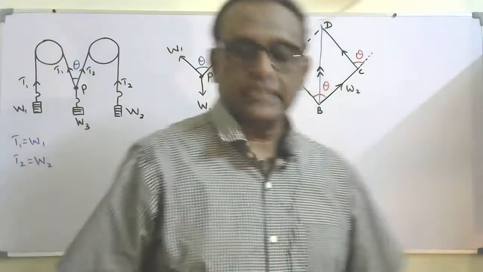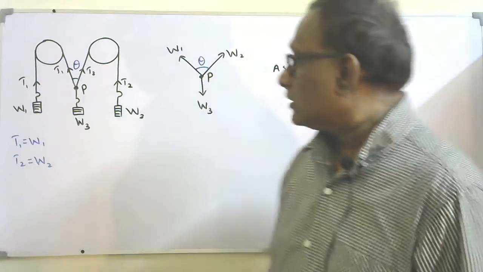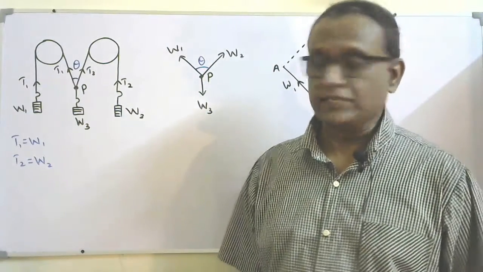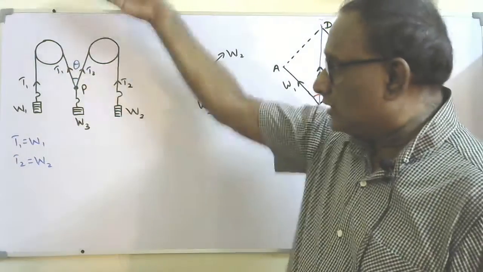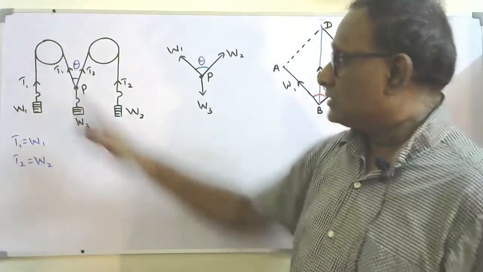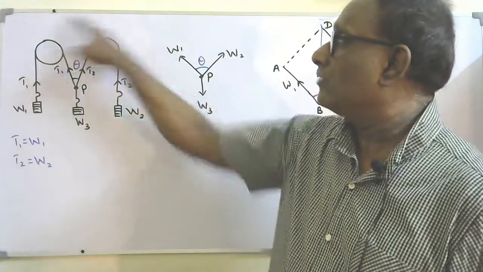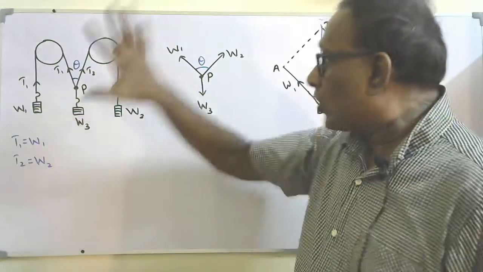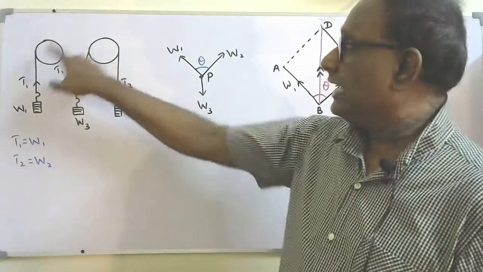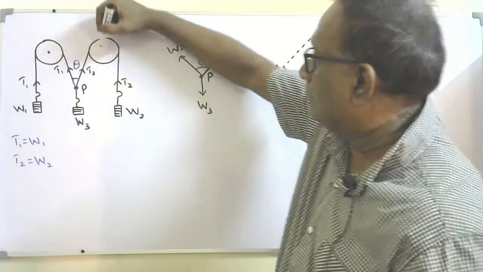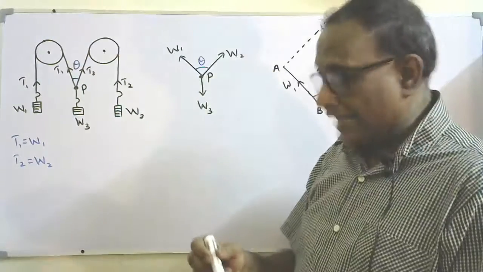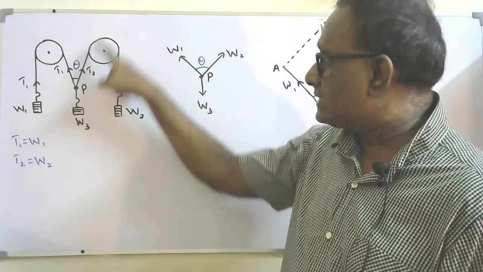This is the experiment that shows force is a vector quantity. We can do a setup like this on a vertical plane, something like a whiteboard. We can have a white sheet, like a drawing sheet, and keep two pulleys as shown in the diagram. These are two identical frictionless pulleys, and by using a string, complete the setup as shown in the diagram.